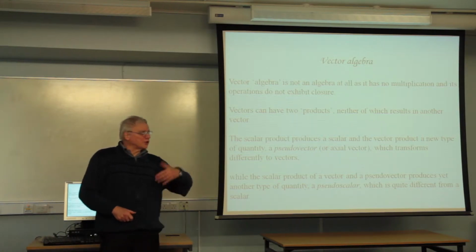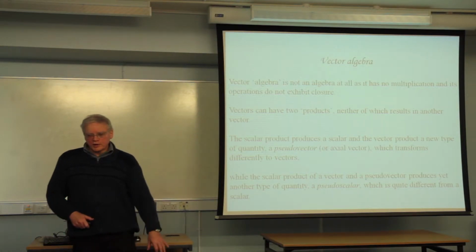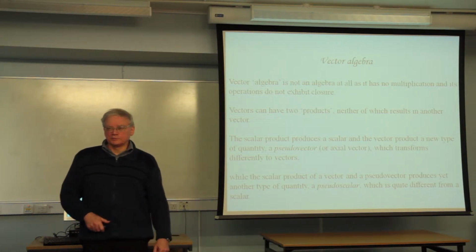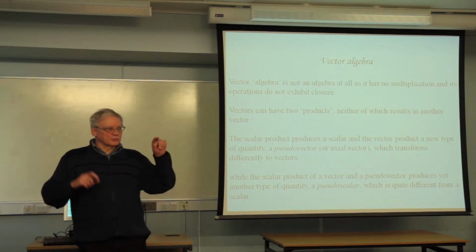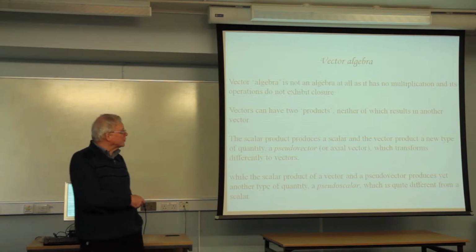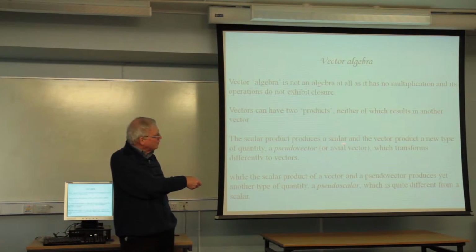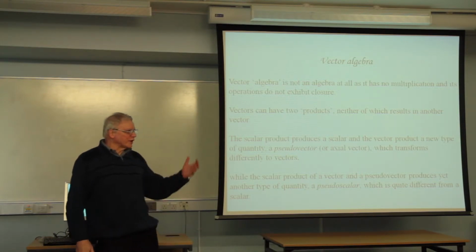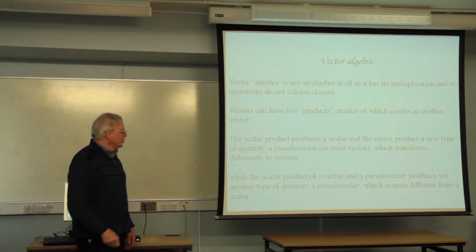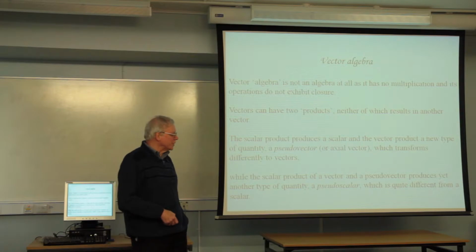An algebra requires closure. You start off with the same type of things as you end up with. So there's no way you can multiply two vectors to get a vector. You can multiply, well, it's not even multiplication, it's some other operation. You can do operations between two vectors, but you don't get a vector with either operation. One of them gives you a scalar, and the other one, the so-called vector product, doesn't give you a vector, it gives you a pseudo-vector, an axial vector, for example angular momentum or something of that kind, which transforms differently to a vector. So multiplying two vectors, even by this method, doesn't give you a vector.